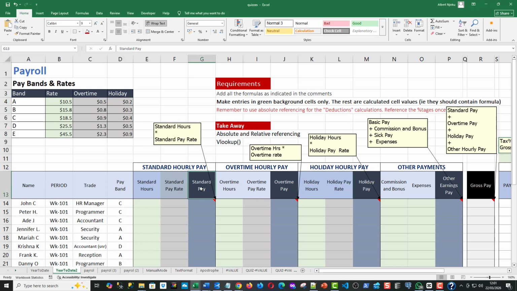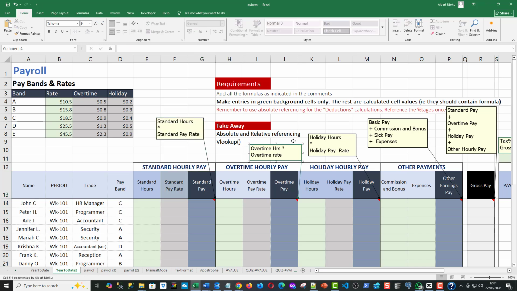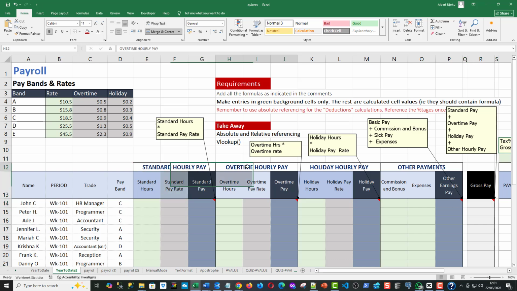As we move across, we'll see that requirements have been defined in comments. The yellow boxes are all comments. So they've indicated what formula will live within the corresponding columns where comments have been inserted. If you take standard pay, for example, it will be the standard hours multiplied by the standard pay rate. That's what's going to live in here. If you keep going across, we will see different categories of payments. We have standard hourly pay, overtime, holiday, other payments,